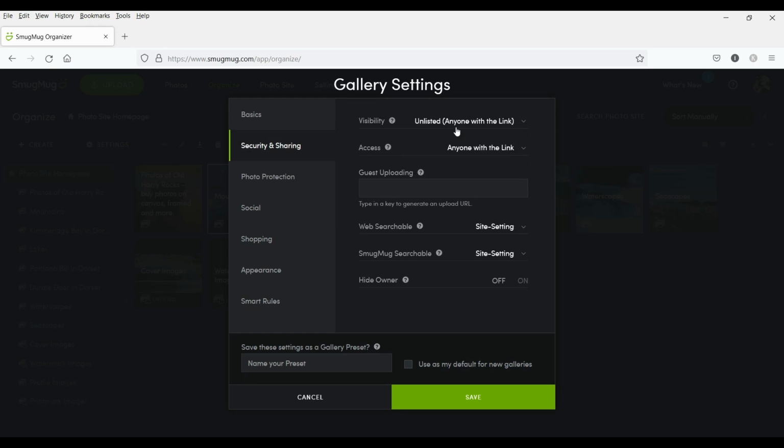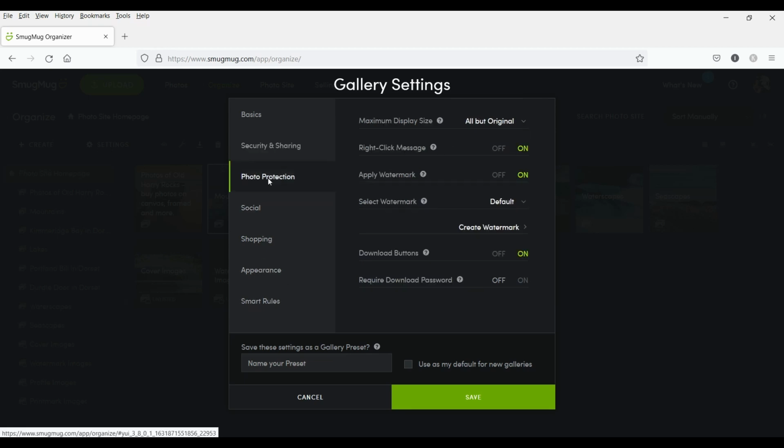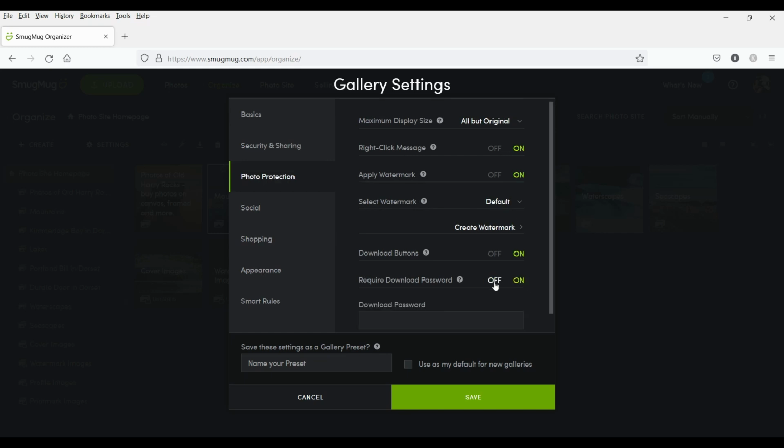Then if it's a wedding photo shoot, a portrait shoot, personal shoot, whatever, or friends and family, then this will not be visible to the general public, and you would send somebody a link so that they could view this gallery themselves, and that way you can just easily allow them to download. So I'll leave mine to public for now. So if we turn on the download button, and we can select a password or not, let's leave it off for now. If we click save,